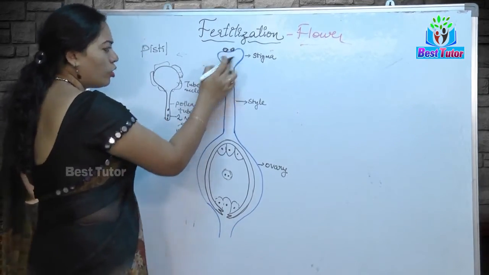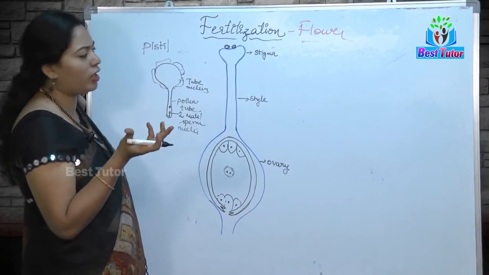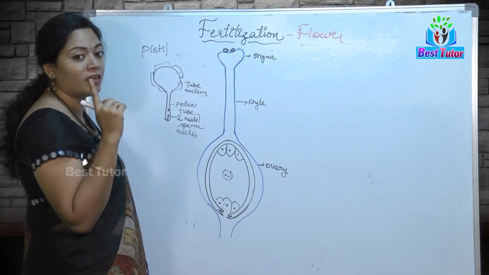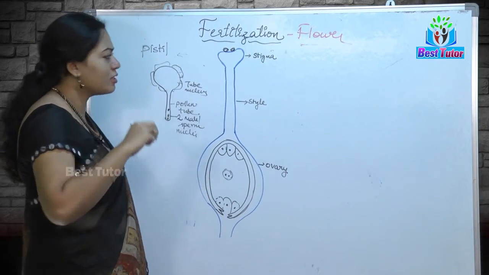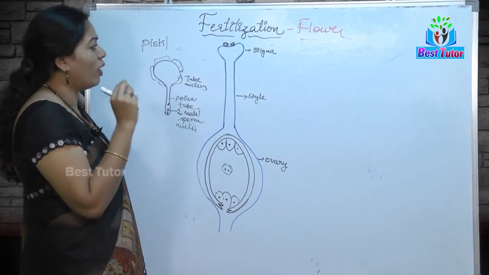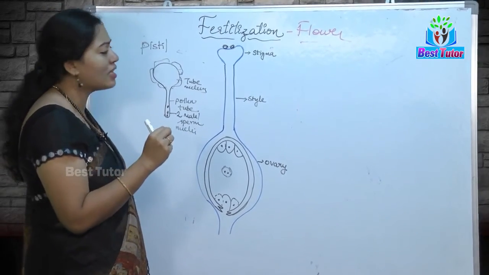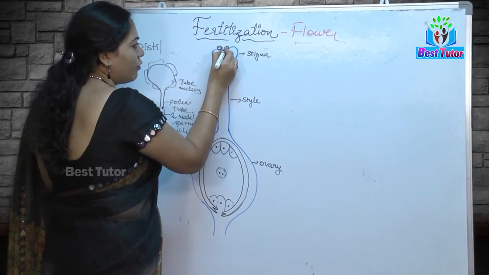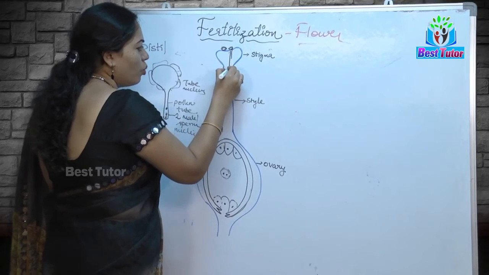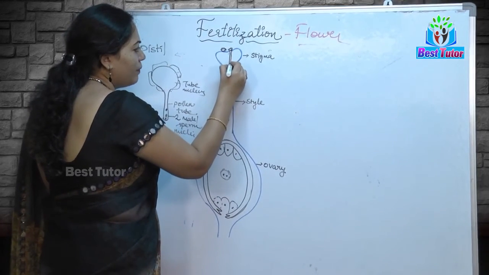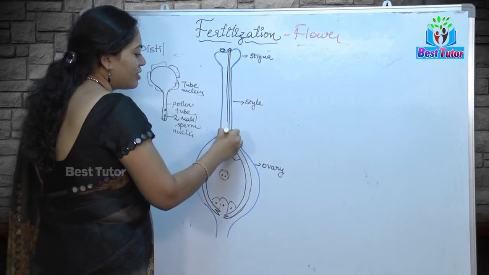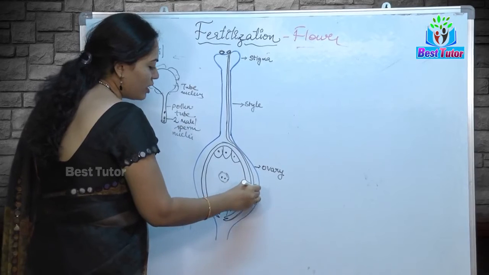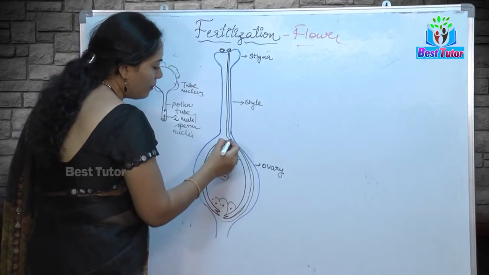Now, what happens out of the lot of pollen grains falling on it? Among those pollen grains, one pollen grain will be the one which enters into the stigma. Means one will be very active among all the pollen grains and it takes advantage of rupturing the layer of the stigma and it forms the pollen tube. And you know what happens in the pollen tube, what will be carried? In the pollen tube, it carries the two male nuclei or the sperm nuclei. So, it is the one which is coming till the ovule.